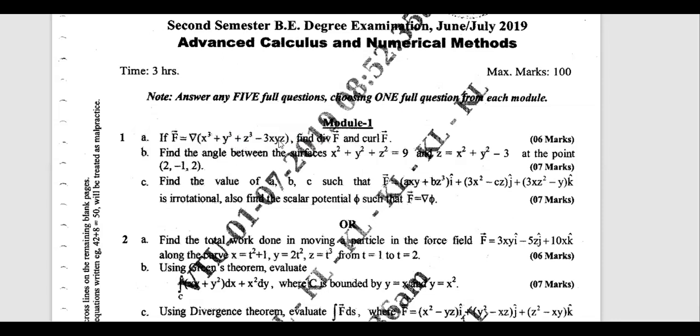There is a symmetry in the function, so you are going to get similar terms like (3y square minus 3xz)j plus (3z square minus 3xy)k. Then you have to find divergence and curl. So this problem is solved, so better I will not go for it. I'll take another example where divergence and curl are not solved. That is far better.